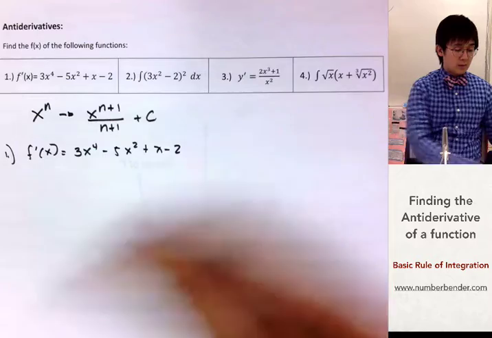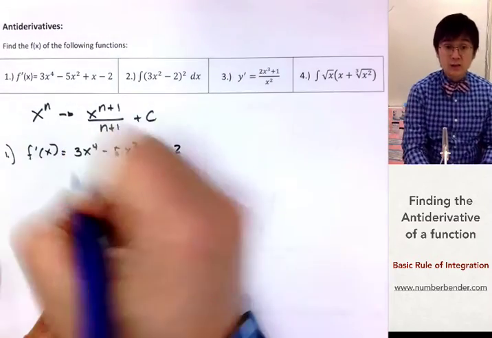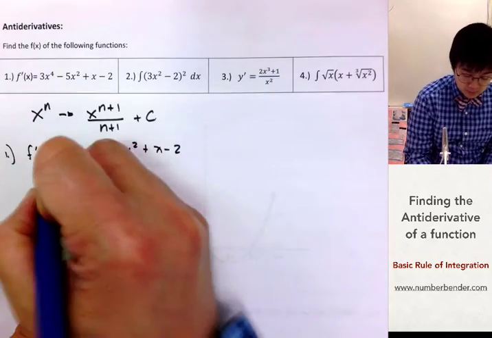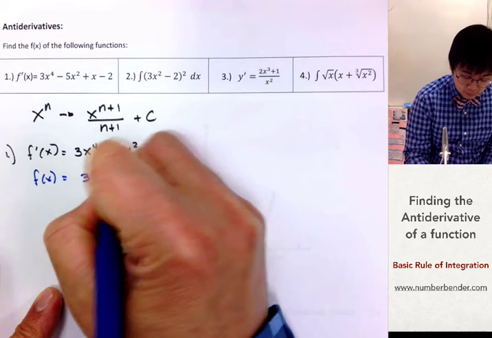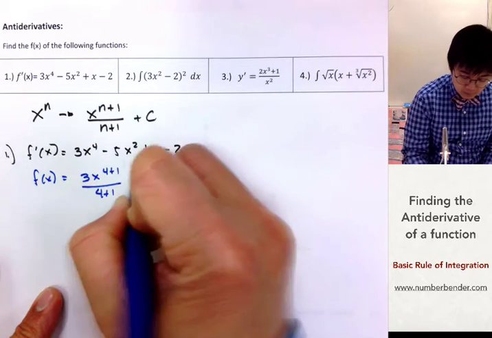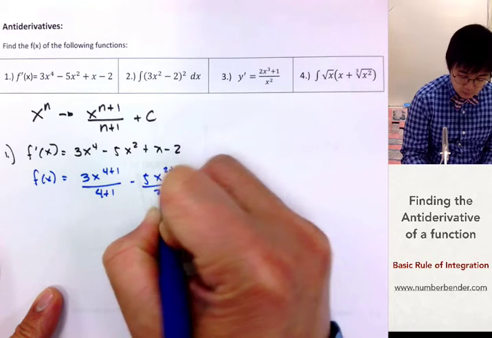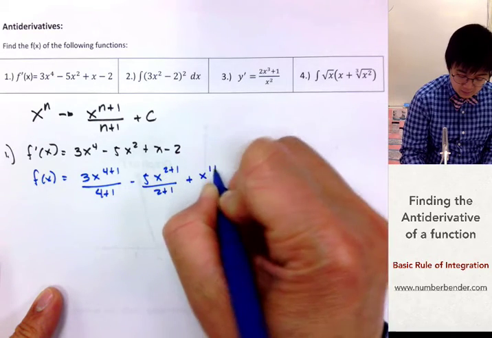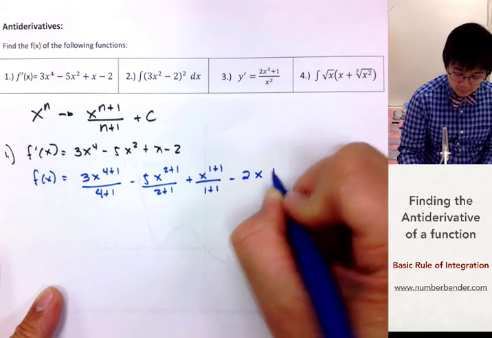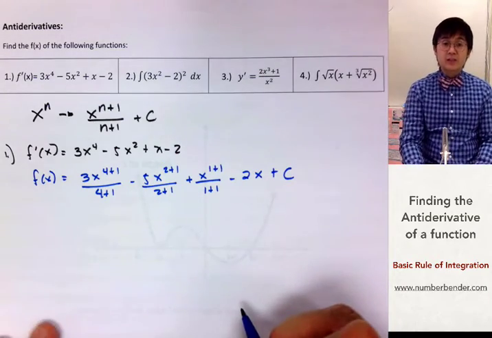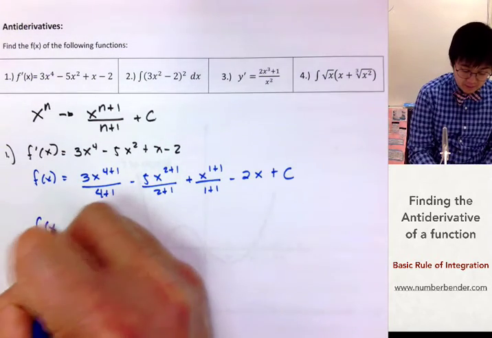Using the rule, all we need to do is add 1 to the exponent and then divide by the new exponent. So f of x will be 3x to the 4 plus 1, minus 5x squared plus 1, plus x, minus 2x plus c. This is the antiderivative of the function, and by simplifying it, f of x is